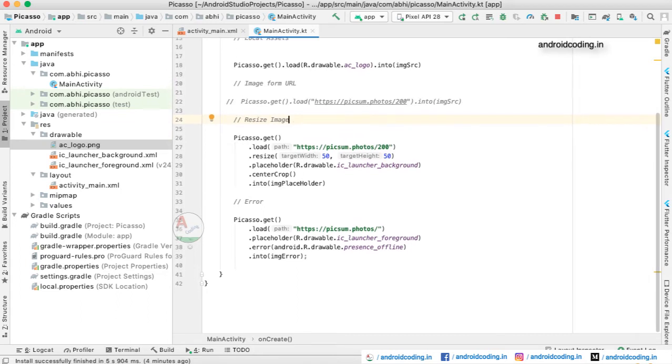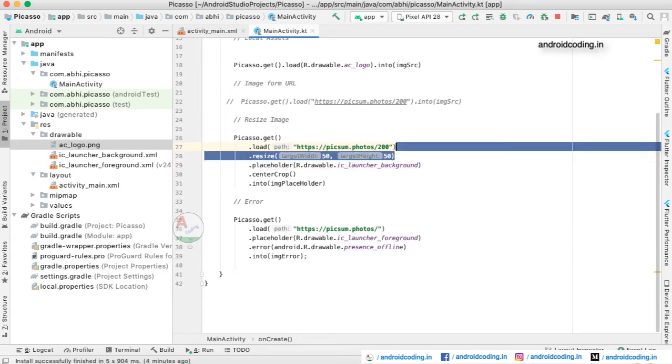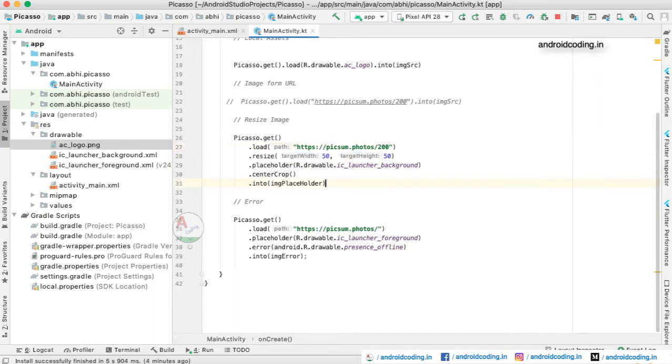So now let us see, when you are trying to load an image from a URL and you want to resize the width and the height of the image, you can do it with the help of the Picasso image library. Here you have different parameters using which you can alter the image, and we have provided the width and height as 50 and 50, and also the placeholder.